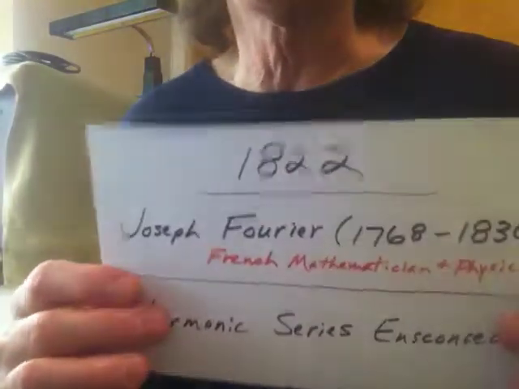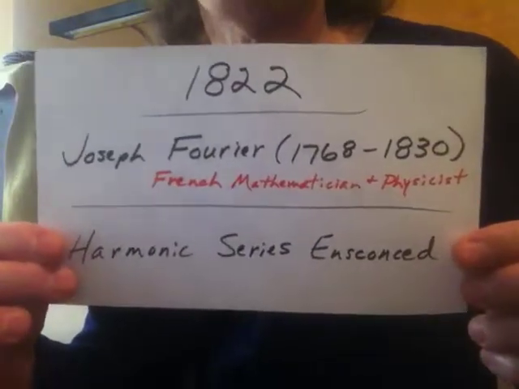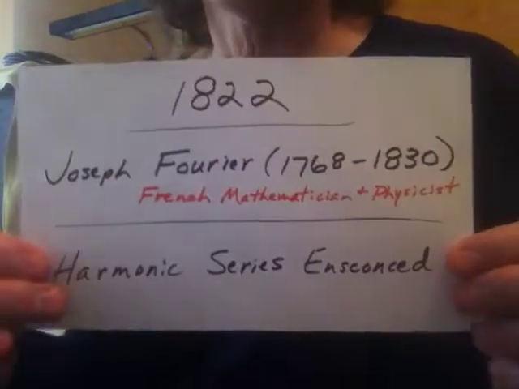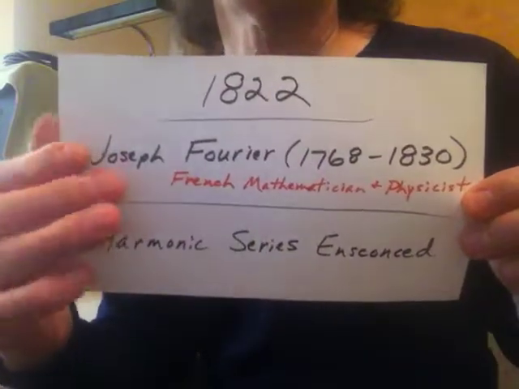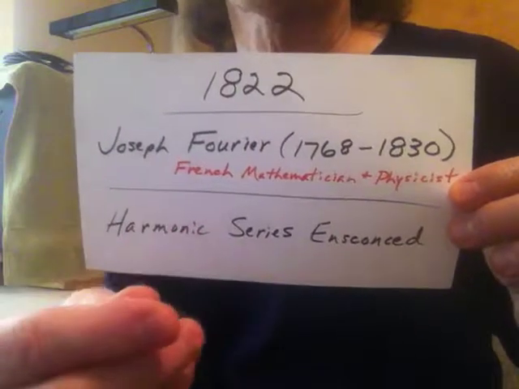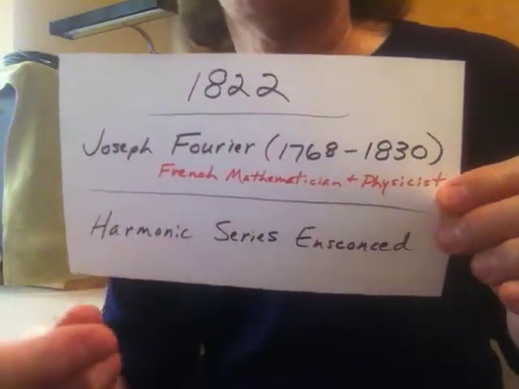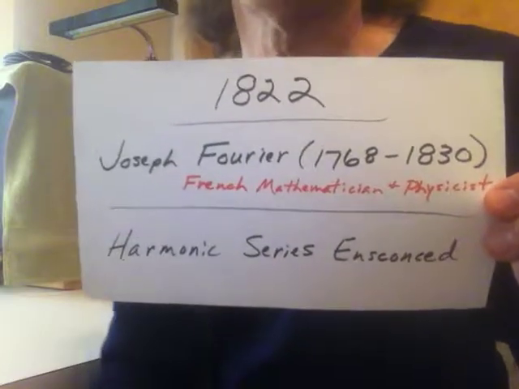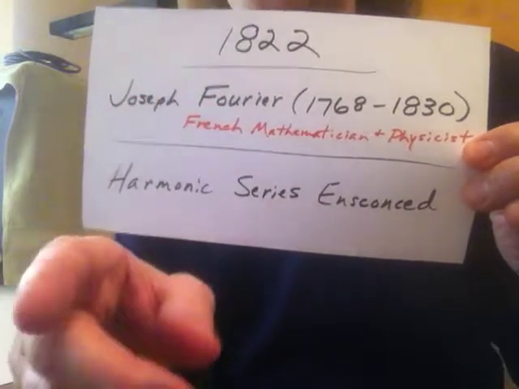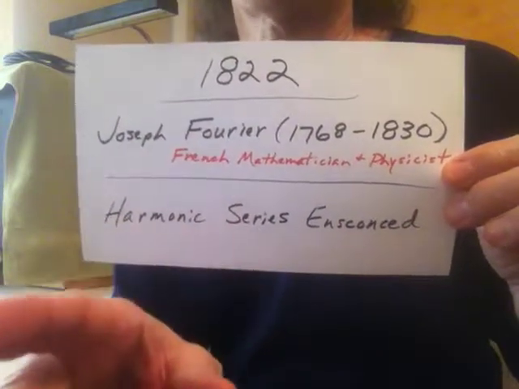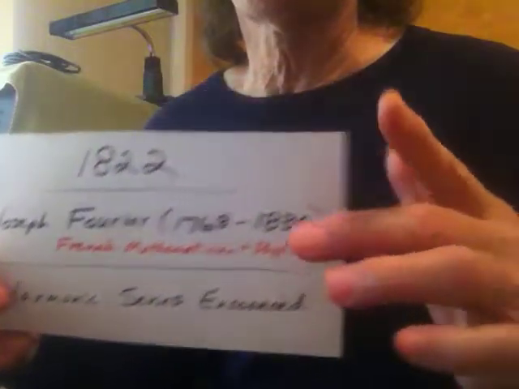But it wasn't till a long time later, around 1822, that Joseph Fourier, a French mathematician and physicist, not only worked out the harmonic series from the musical standpoint, but from the scientific, scholarly, physics standpoint, and now the harmonic series was ensconced. In other words, it was established, it was taken seriously, and it was a permanent thing, and eventually people realized,